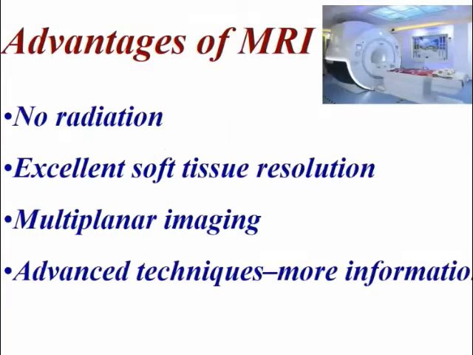Let's see as we go by what the contrast does. So the advantages of MR, you all know this. There is absolutely no radiation. Soft tissue resolution is phenomenal with MR. You can do multiplanar imaging. You can take an axial, coronal, sagittal, single oblique, double oblique. You name the plane, you can take a section with MR.